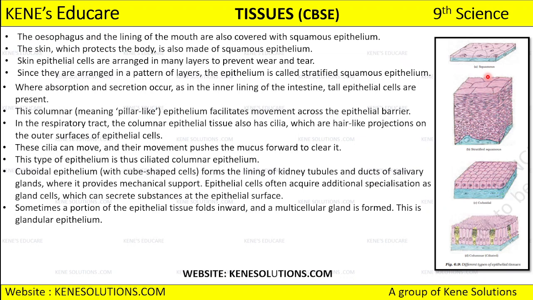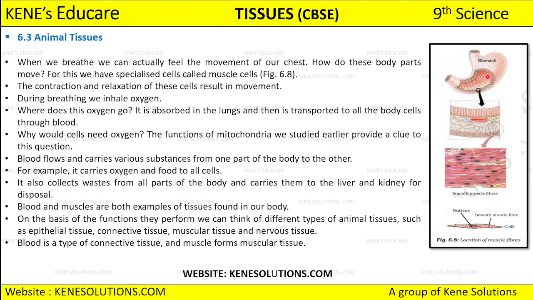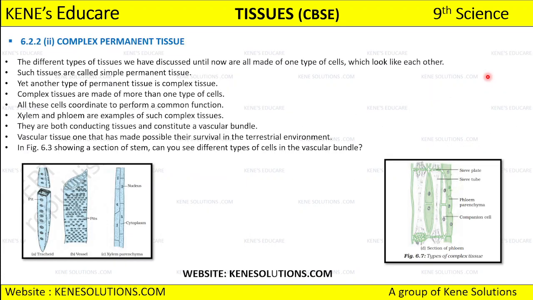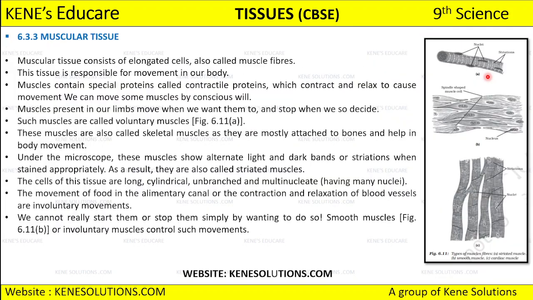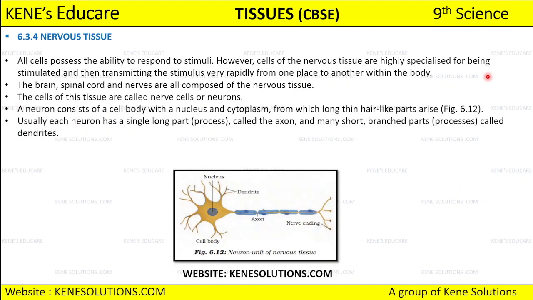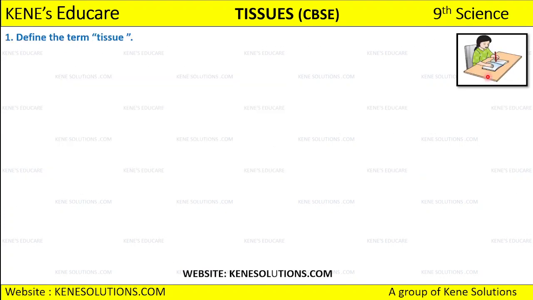So I hope you are clear with these four different types of epithelial tissues which we have discussed today, and you are clear with this complex permanent tissue as well. Now in the next class, we are going to start with the connective tissue. We will be discussing the muscular tissue and the nervous tissue. And these three different types of tissues come under the animal tissue that we are going to discuss, as well as we will be discussing these questions as well,